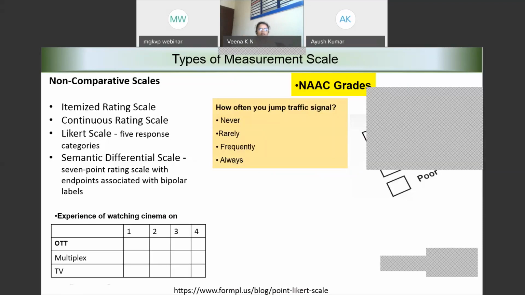Maybe 1 being the least good experience, 4 being the best experience. Will that be a Likert scale? Think about it and let me look at this.